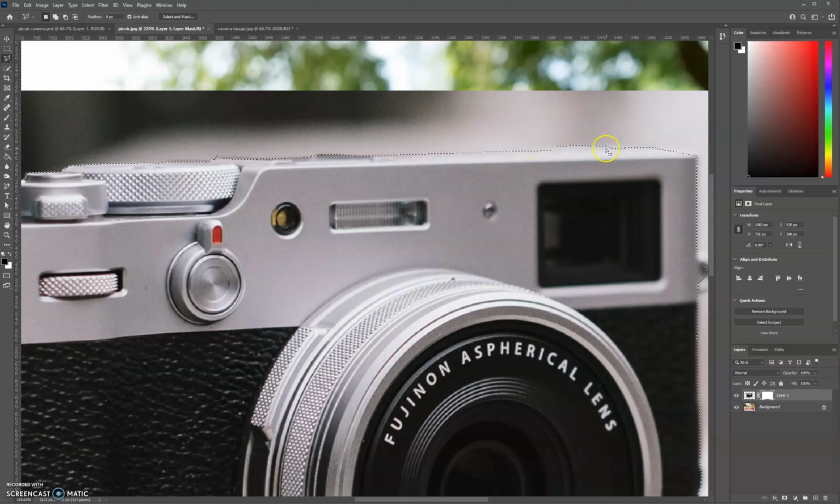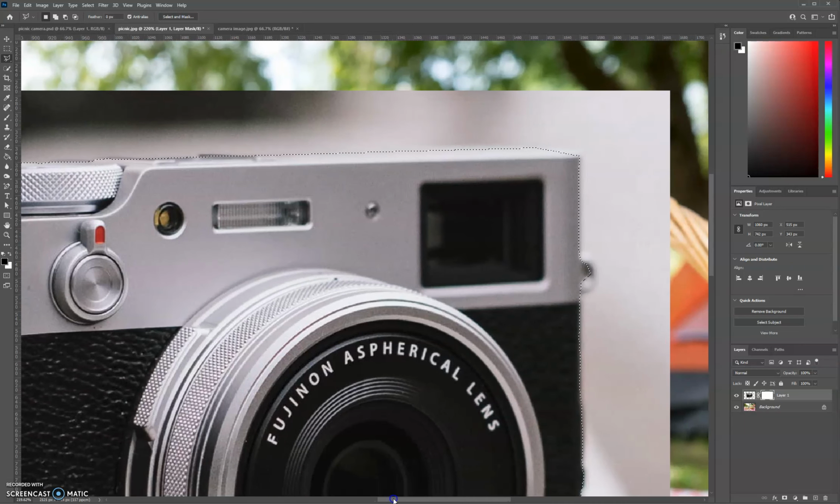There, yeah. So I need to cut out this bit at the top. So I'm going to use, again, the polygonal tool, Alt, to cut out that bit. So I think I'm missing a bit there. It's actually quite hard to see, isn't it? Oh, Alt to just trim that right across there. The camera image, once it's resized, is going to be quite small, so I guess it probably doesn't matter too much. There's a couple of wee bits missing. This is really just about getting used to the